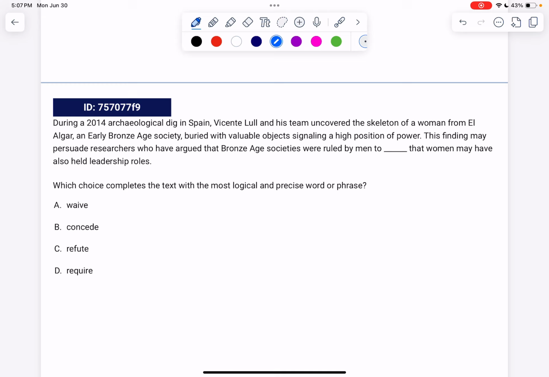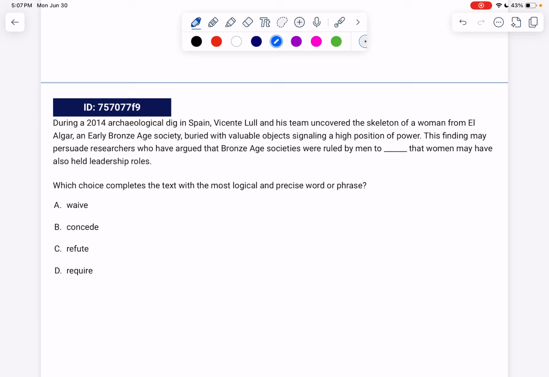During a 2014 archaeological dig in Spain, Vicente Lull and his team uncovered the skeleton of a woman from El Algar, an early Bronze Age society, buried with valuable objects signaling a high position of power. This finding may persuade researchers who have argued that Bronze Age societies were ruled by men to blank that many women have also held leadership roles. So again, if we're trying to find which completes the text with the most logical and precise word or phrase,